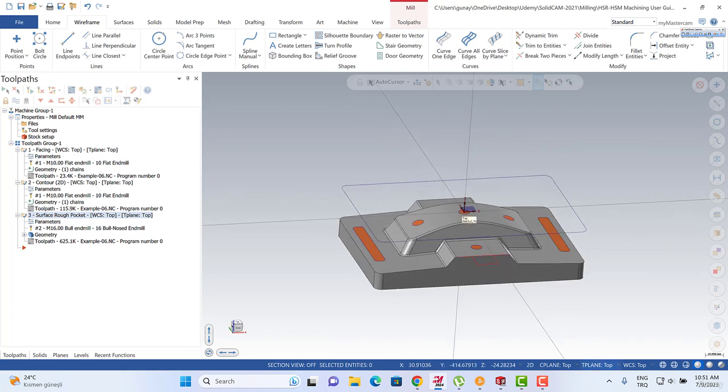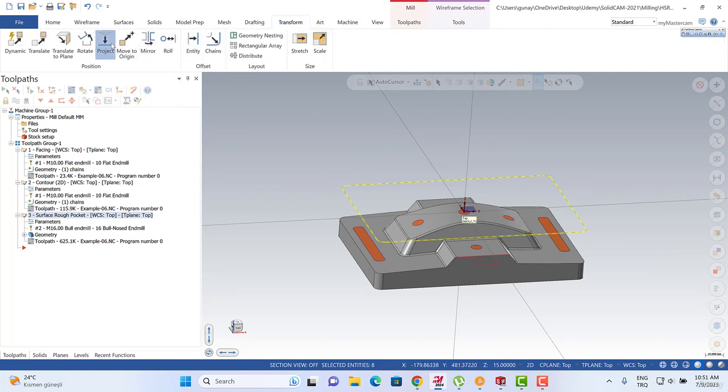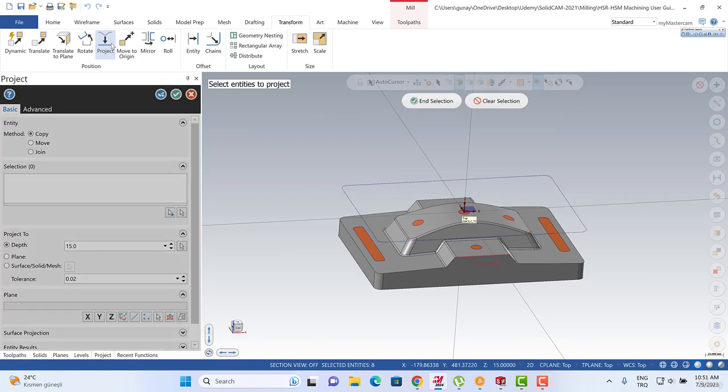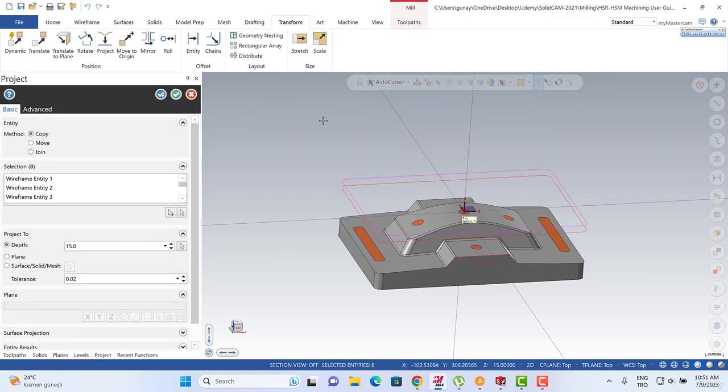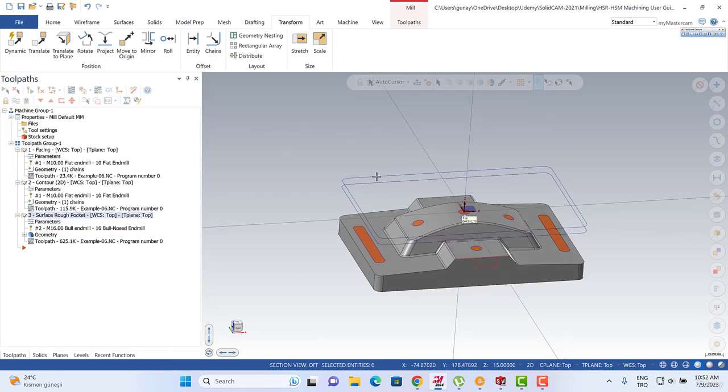And after that, let me turn to the 15 Z position here, and we can turn to the chain, select this one, and then we can turn to transform and the project options. Oops, you can select this part. Okay, so I created a new boundary here,